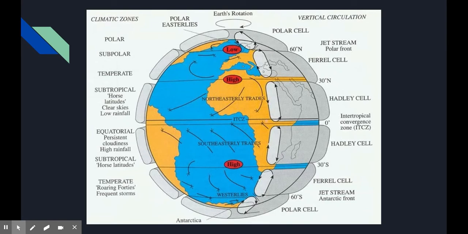In this idealized schematic or diagram, the Earth has 6 major circulation bands in the troposphere. Near the equator sits the intertropical convergence zone, the ITCZ, which is an area of rising air, active rainfall, and the source region for a lot of tropical storms. This is also the point where the tropopause is highest, with the polar region having the tropopause at the lowest elevation. At 30 degrees north, the air is generally subsiding, with a general lack of weather and moisture there, and it's an area of high pressure at the surface. It's no coincidence that most of the world's deserts and arid regions, including New Mexico, sit roughly at 30 degrees north and south.